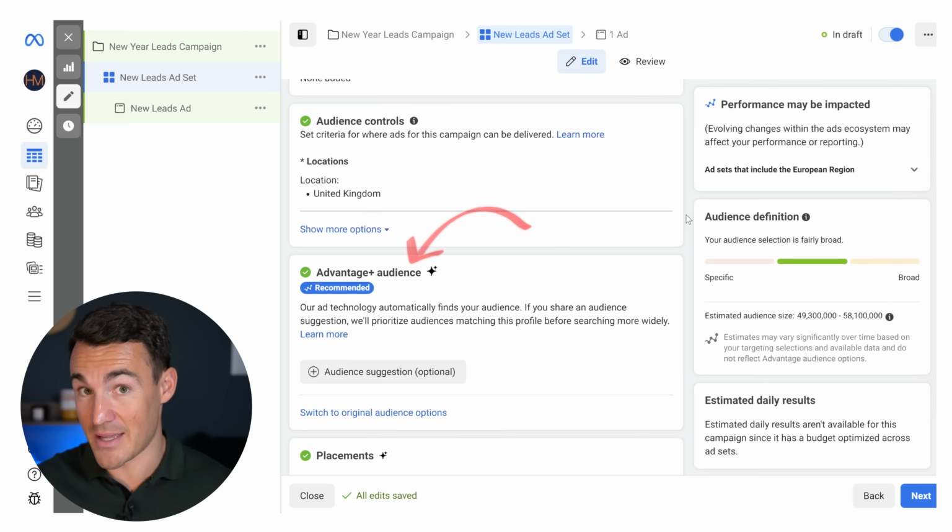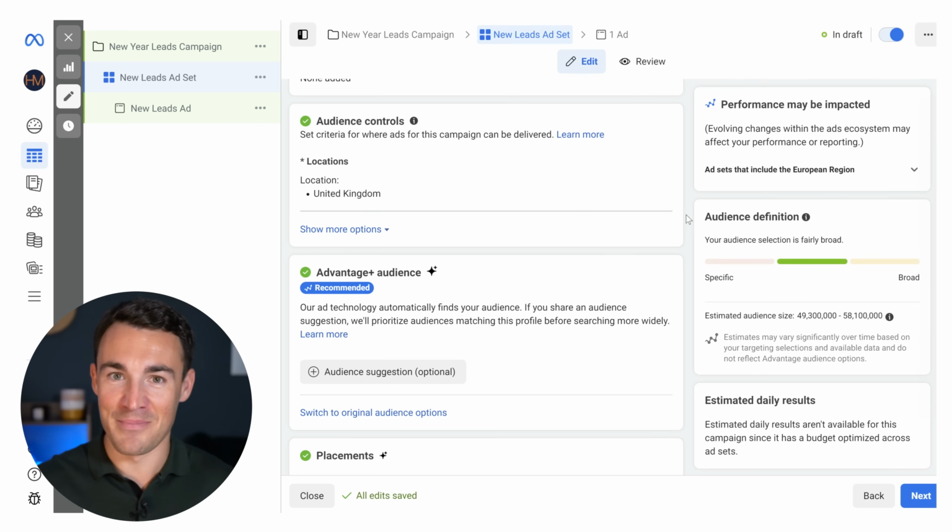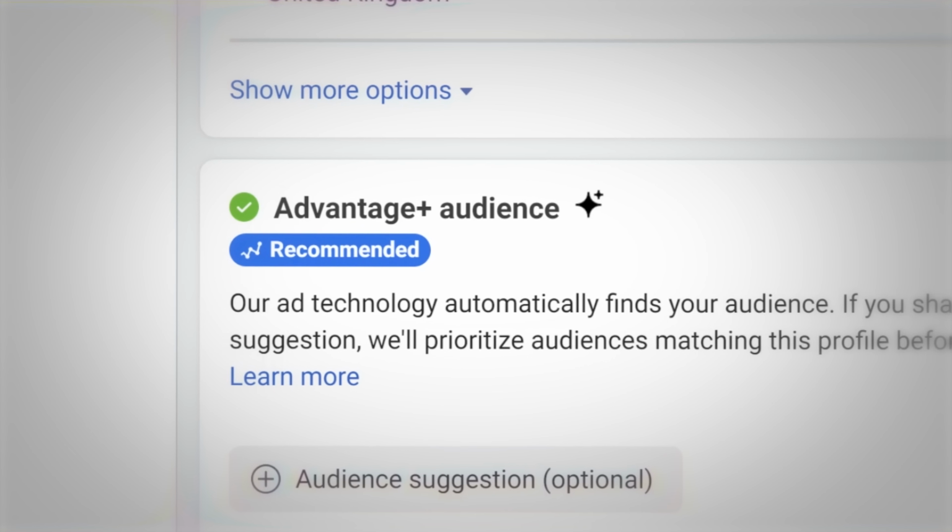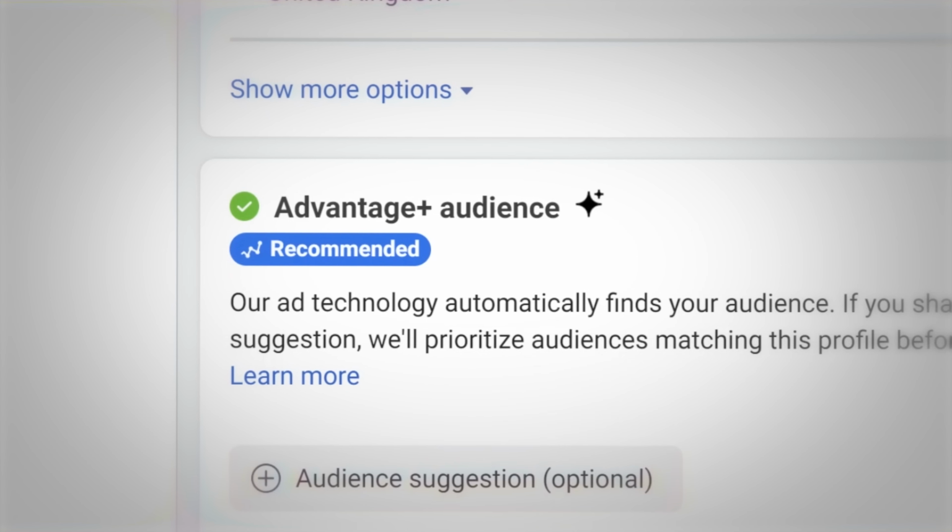Some ad accounts don't have it yet. So with that in mind, I'm going to try and cover different options. I'm going to show you how you would set things up with Advantage Plus Audience, the setting as we've got right here in front of us. And then I'm also going to tell you about how it would look if you don't have Advantage Plus Audience